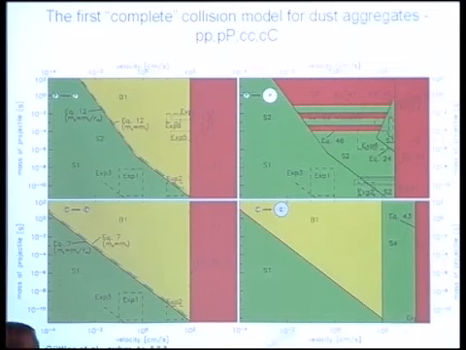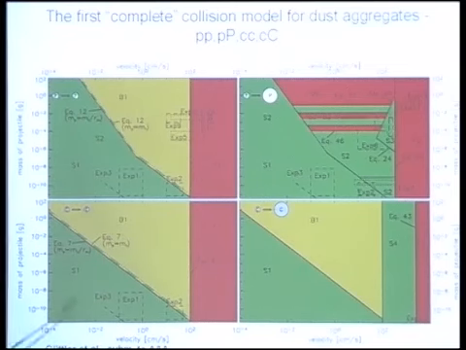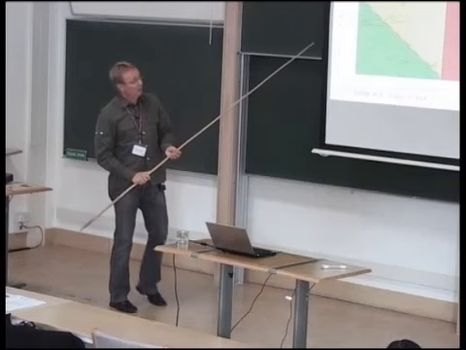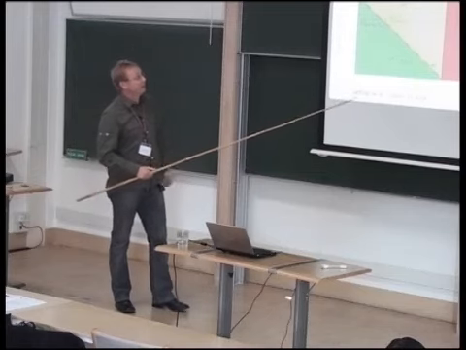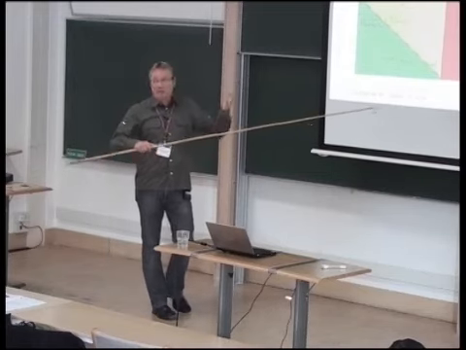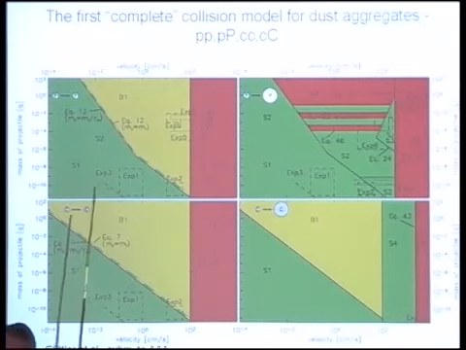And all this as a function of velocity from 10⁻⁴ meters per second to as big as it can get, about 100 meters per second on the right end here, and as a function of mass from the monomers at the bottom to about 100 grams in mass. So 100 grams is like this big. We're not covering the planetesimals in that plot because there's no empirical data available for meter-sized bodies. And you can see it looks complex, but it's kind of doable.